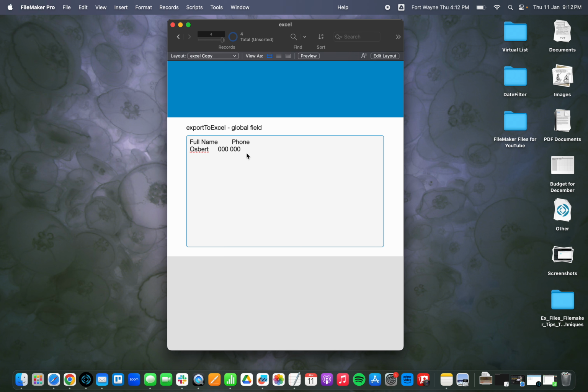I'll hit the return key again, and maybe say Sandrine. Hold the option key and then the tab key again, and then I'll say 111 111. All right. So these are the records that I have in the global field. Now,